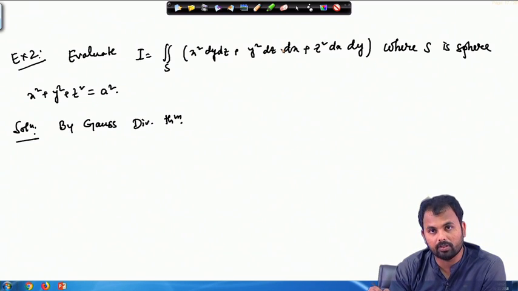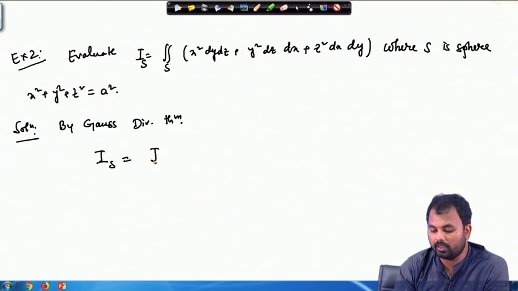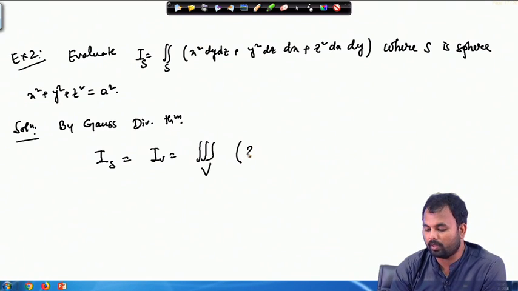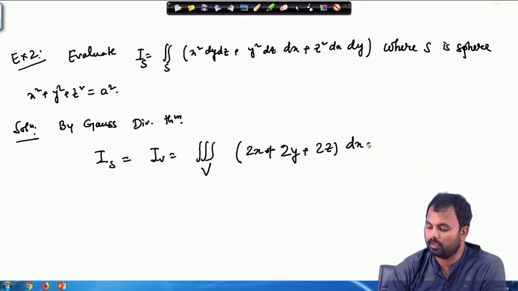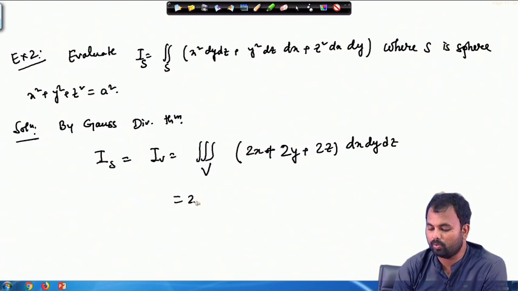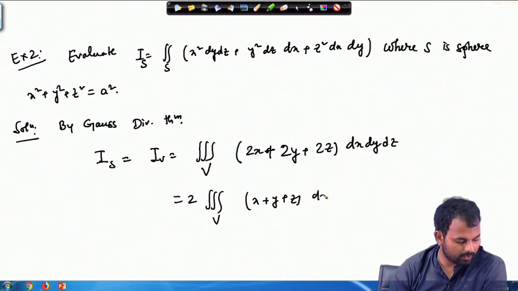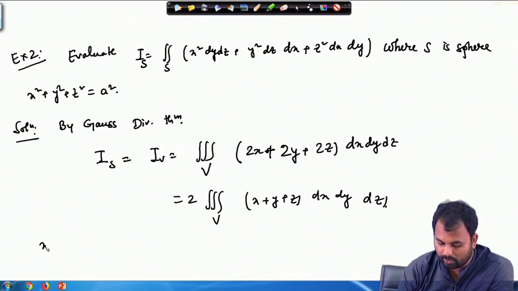and if we use the Gauss divergence theorem, then this I surface will be reduced to I v, and I v is basically the integral over the volume v of f x, that means 2x, plus g y, that means 2y, and then h z, that means 2z, and then here we will have dx, dy, dz. So, basically 2 times the volume integral of x plus y plus z dx, dy, dz. All right. And now we use the substitution, x equals r sin theta cos phi,